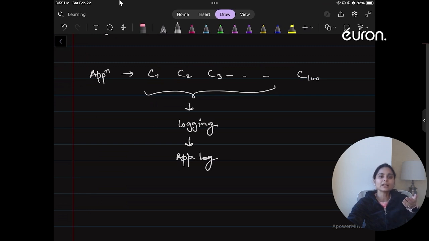So you will understand how the request flow works. If you want every class to log in the app.log file, you will need an object typically doing that job for you. Since every class is going to log in the same file itself, what we will be needing is one